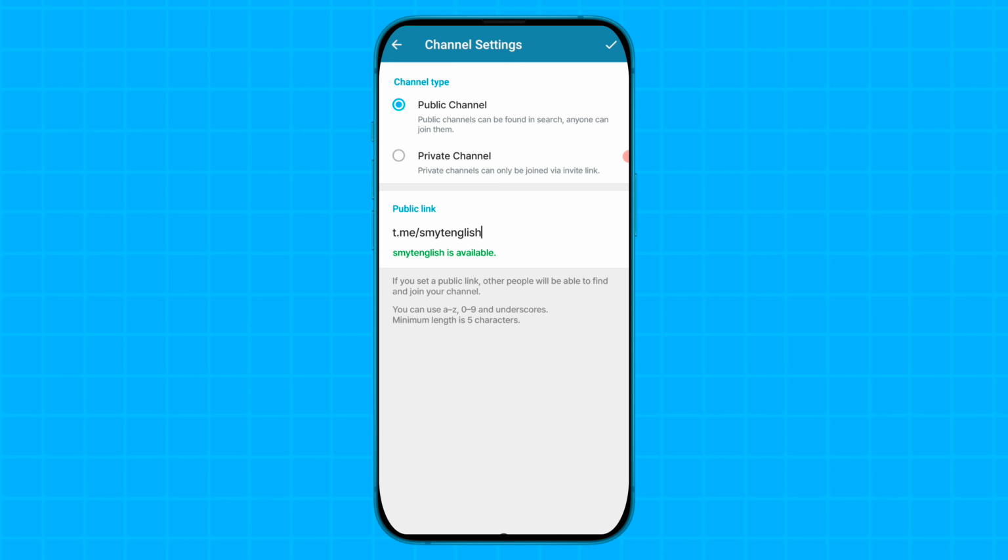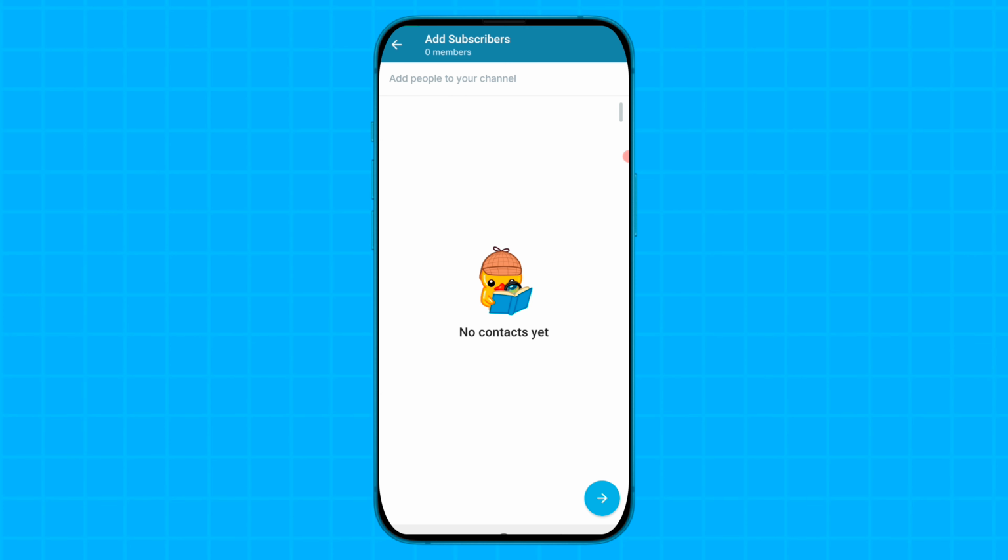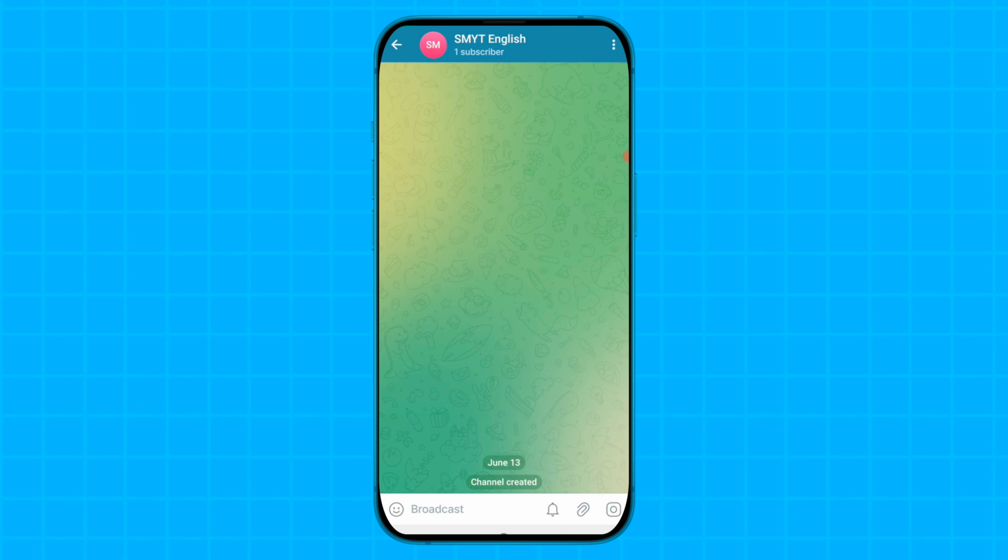So after filling the channel URL, then tap on this tick option friends, and then friends, you can select the members in your contacts, and for now you can also skip this option by tapping on this option. So guys, you can see our channel is created,